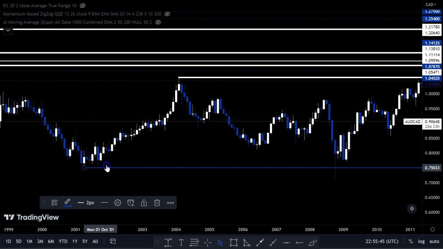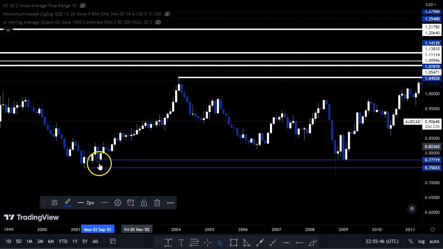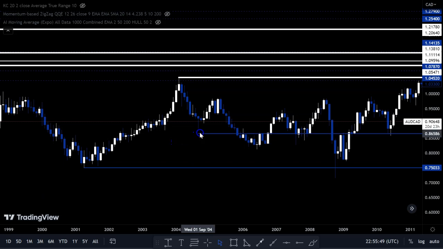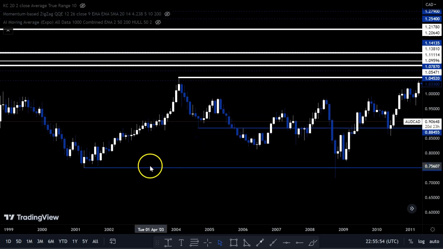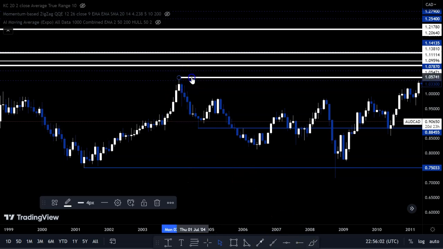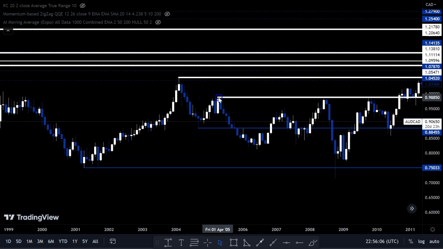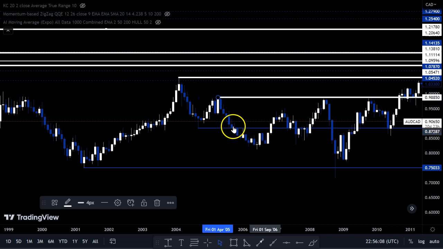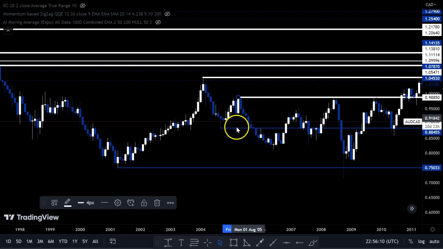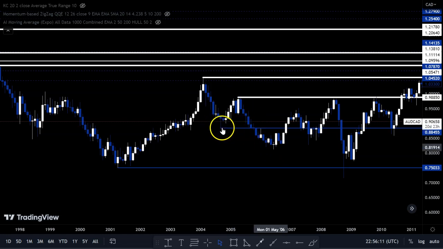Let me duplicate, form the support over here, and then it pushed price up. It didn't get to here, formed a resistance here. So I'll duplicate this one, form the resistance here, and then this resistance pushed down the price, breaking this support, forming a new support down there,